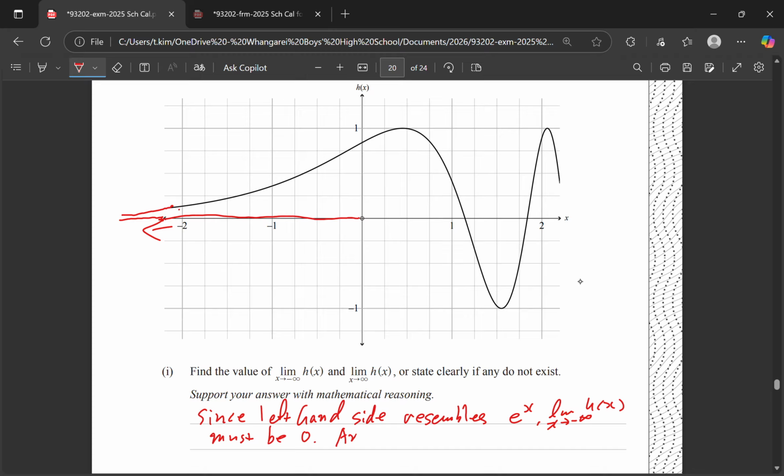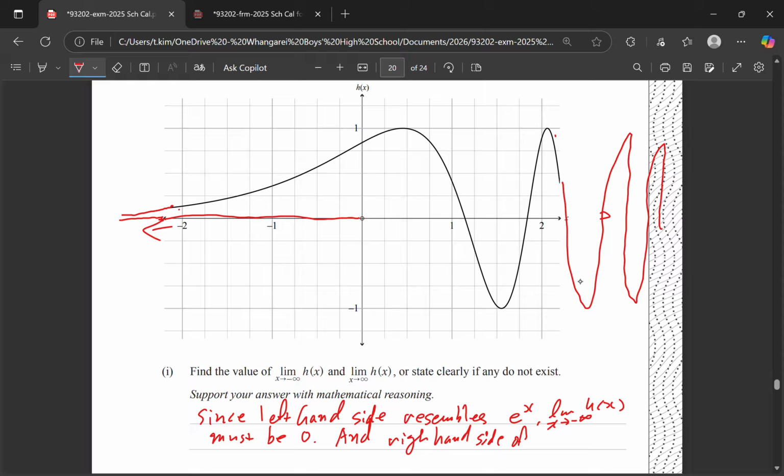And what about that way? If it approaches that way, positive infinity, the right-hand side is like sine x. It oscillates. The amplitude must be the same, but you can try on decimals. The period is shorter and shorter, but it oscillates. So I'm gonna write it this way. The right-hand side of h of x is like